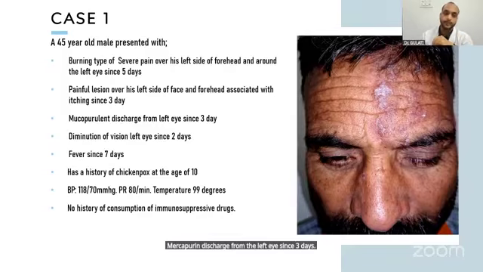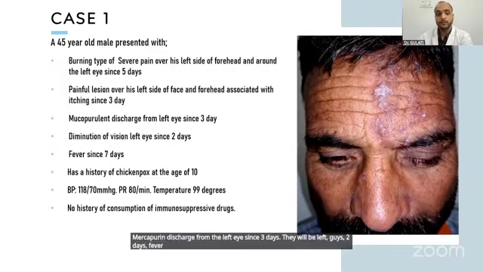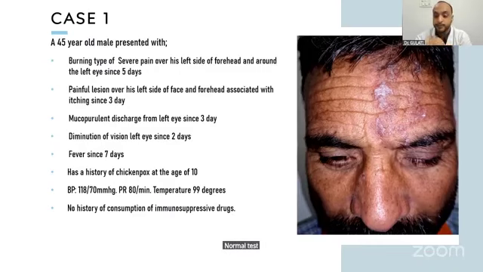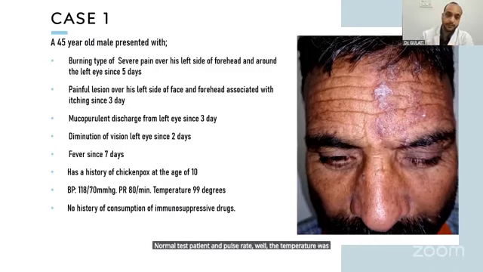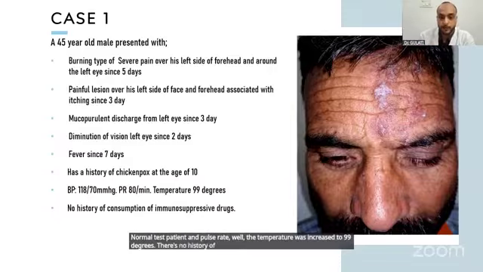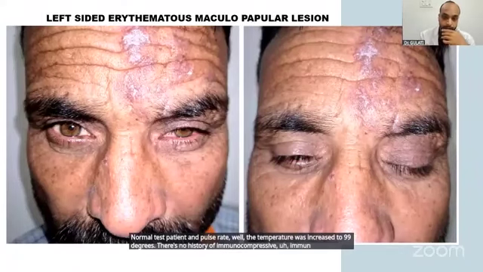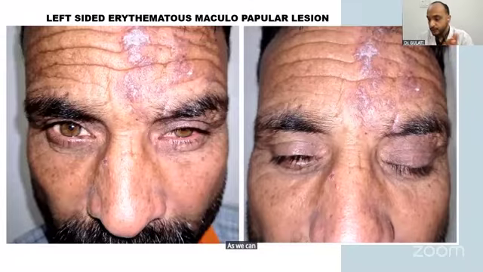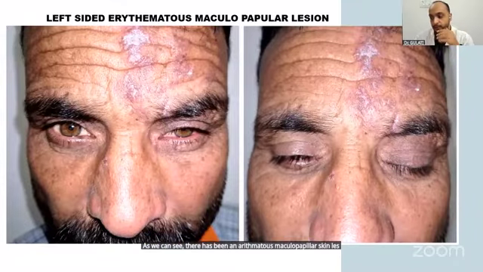DOB left eye 2 days. Fever since 7 days. Had a history of chickenpox at the age of 10. Normal blood pressure and pulse rate, while the temperature was increased to 99 degrees. There's no history of immunosuppressive drugs. As we can see, there is an erythematous maculopapular skin lesion on the left side of the forehead